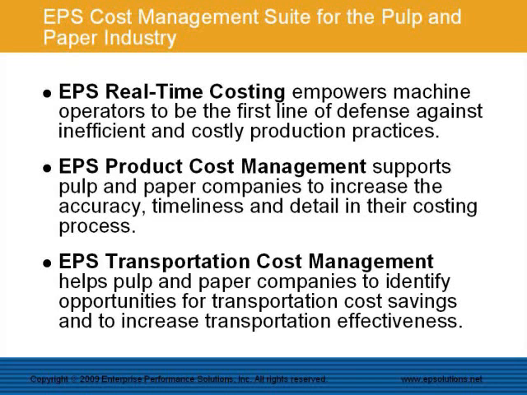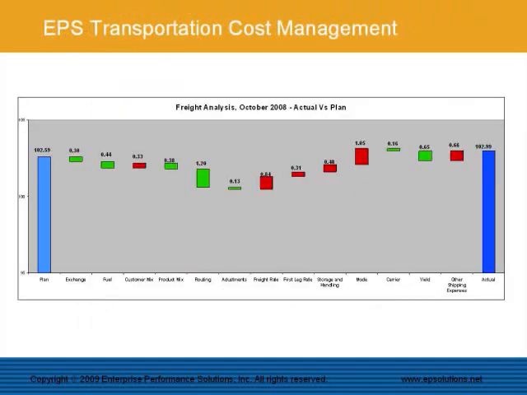The EPS Transportation Cost Management module helps pulp and paper companies to identify opportunities for transportation cost savings and to increase transportation effectiveness. In this example, we can see a transportation cost analysis for a selected customer. To the left, we can see a blue column. This is the planned transportation cost for this customer, $102.59 per ton. To the right, we can see another blue column. This is the actual transportation cost for this customer,